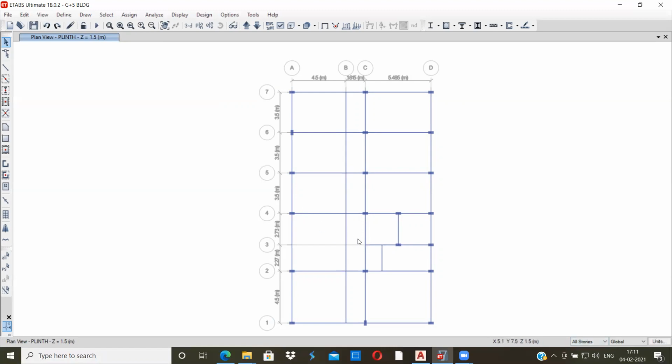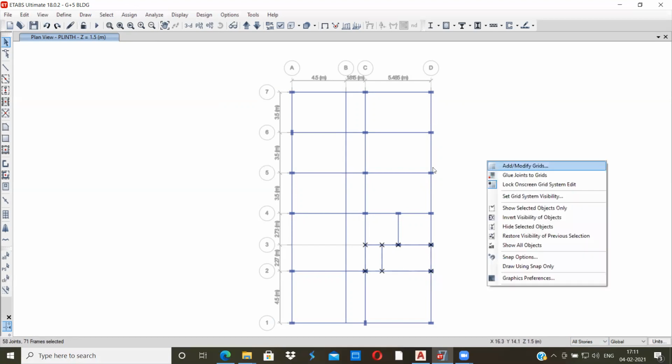So what I'll do is I selected all stories and I'll select only this portion. Okay, and I'll right click and select show selected objects only.